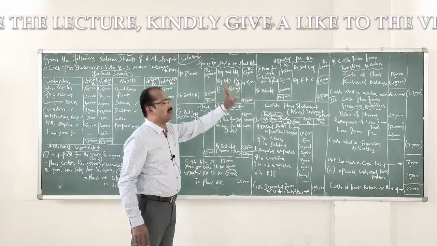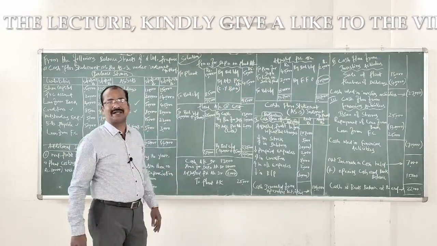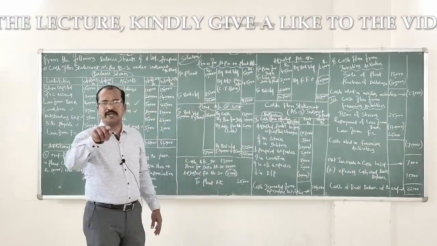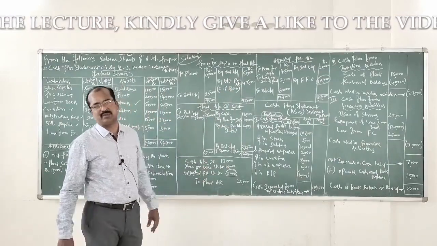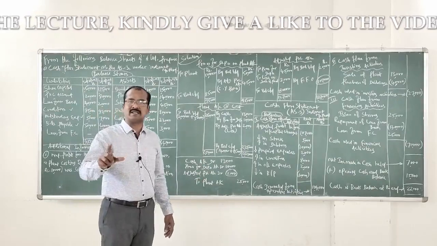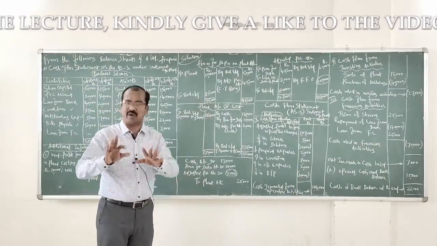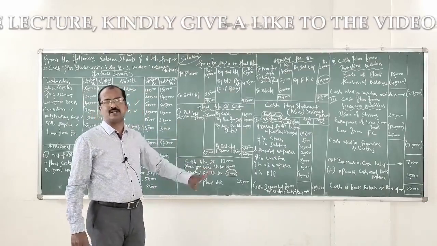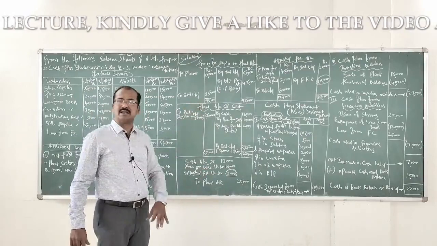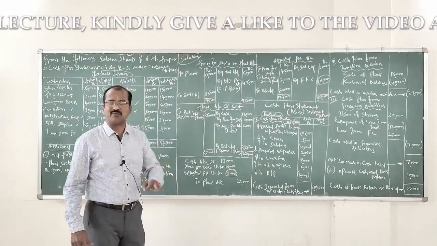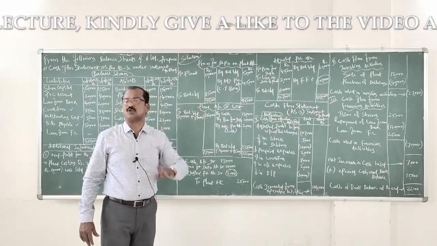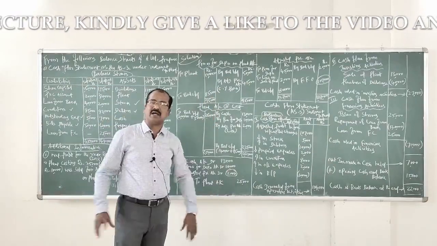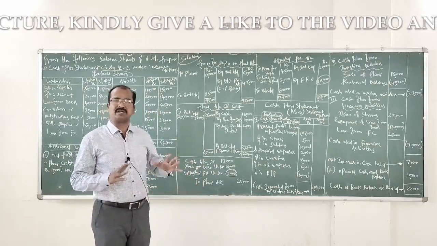Now, from the opening balance of 50,000, if you separate 10,000 rupees, which is a provision for depreciation on the plant sold, what should have been the closing balance in the provision for depreciation account? 50,000 minus 10,000, the closing balance should have been 40,000 if no other activity has been carried out in relation to this account. But the actual balance is 85,000 rupees. Therefore, we find an increase of 45,000 rupees in the balance of provision for depreciation. That's nothing but current year provision for depreciation made.